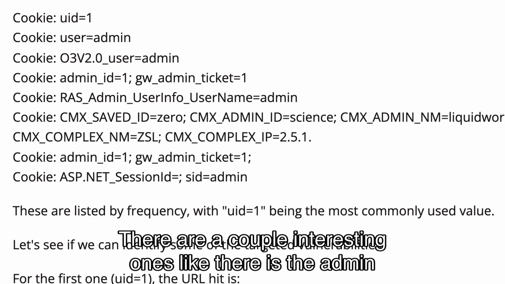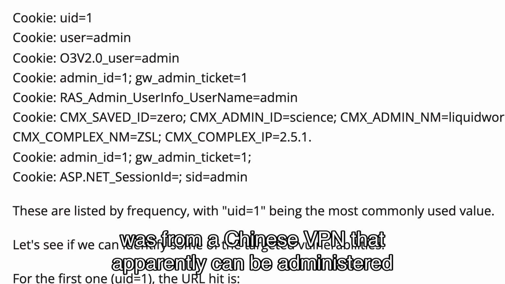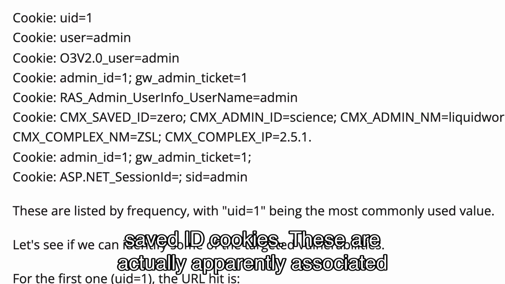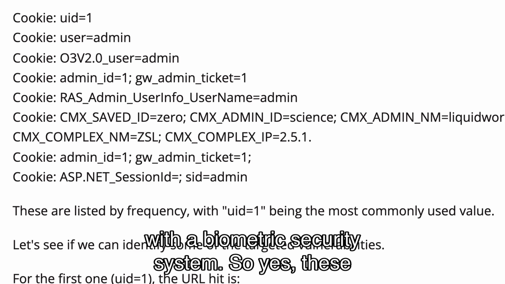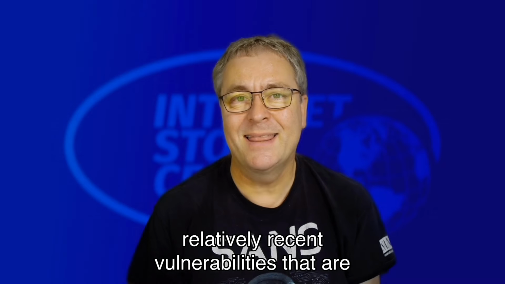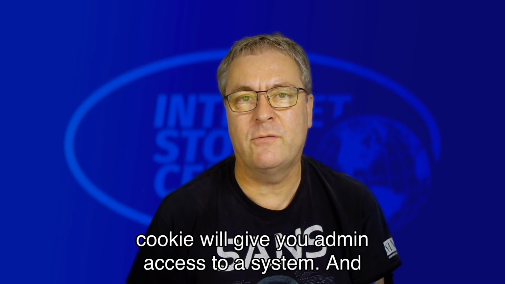There are a couple interesting ones, like admin ID equals 1, GW admin ticket equals 1. I believe that one was from a Chinese VPN that apparently can be administered using this particular cookie. And then we also have the CMX saved ID cookies. These are actually apparently associated with a biometric security system. So yes, these vulnerabilities are still relevant. They're still relatively recent vulnerabilities that are following these patterns, where essentially setting a simple cookie will give you admin